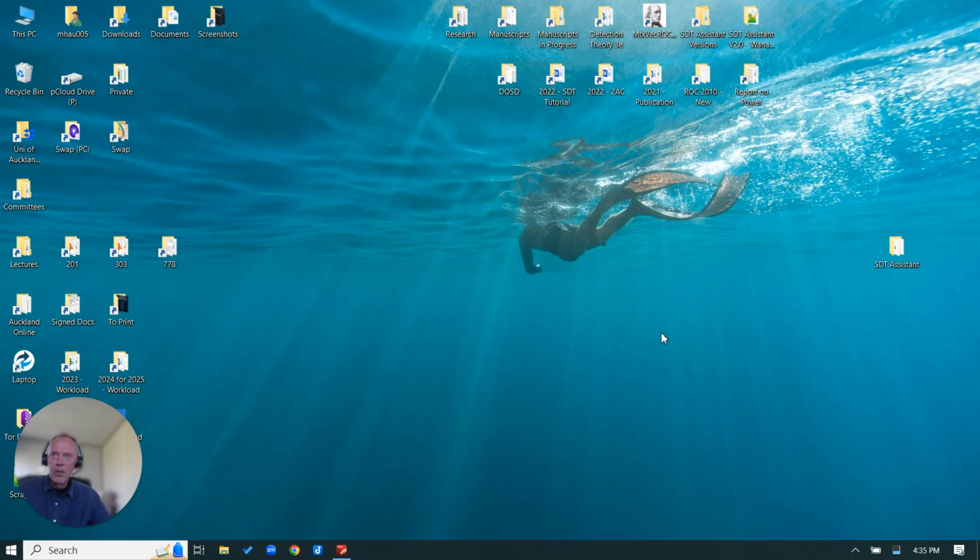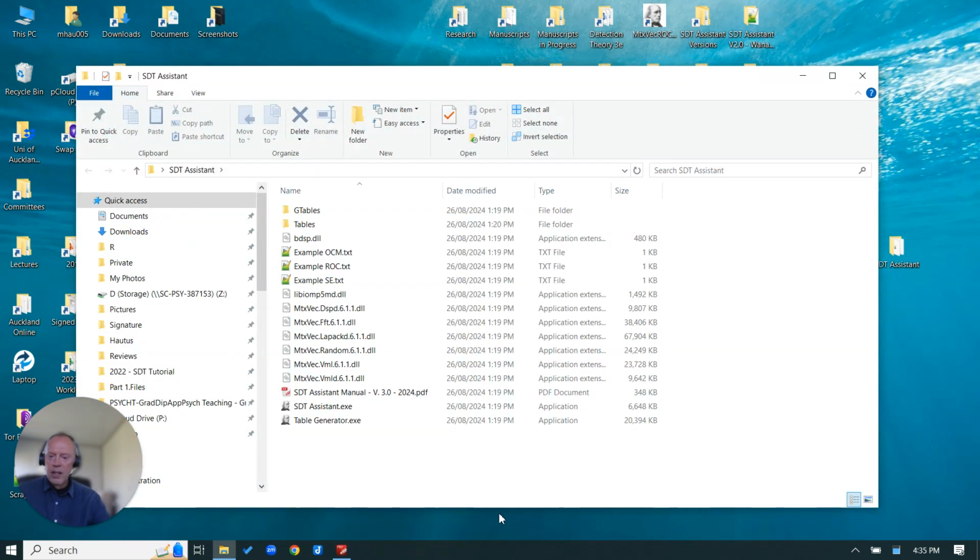This time we're going to look at how you can use SDT Assistant to fit an ROC curve, and we're going to keep it simple by ensuring that the ROC curve that we fit won't even require any data entry. We'll just use the default data that comes in the software when you start it up. So to begin, we just open up the folder where we have loaded SDT Assistant, and then we can just run SDT Assistant,